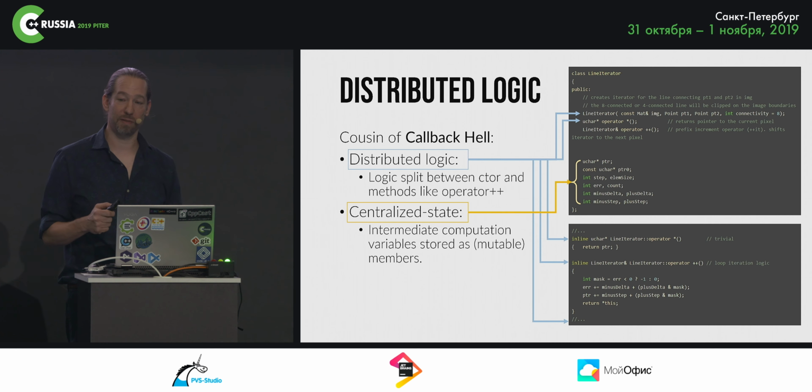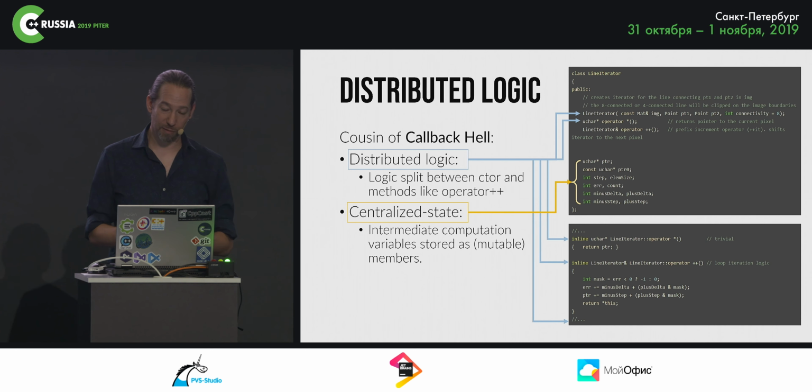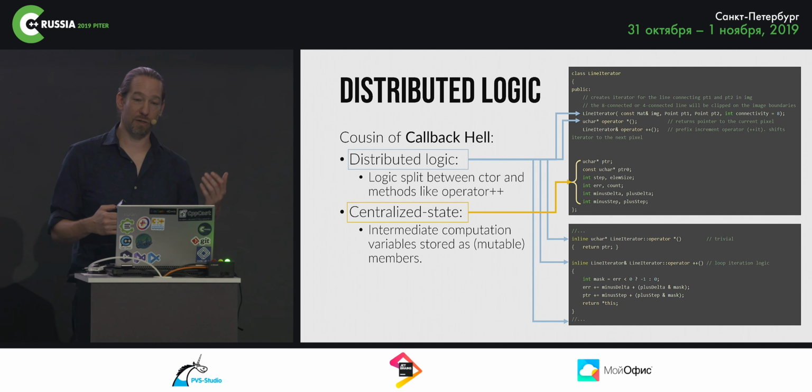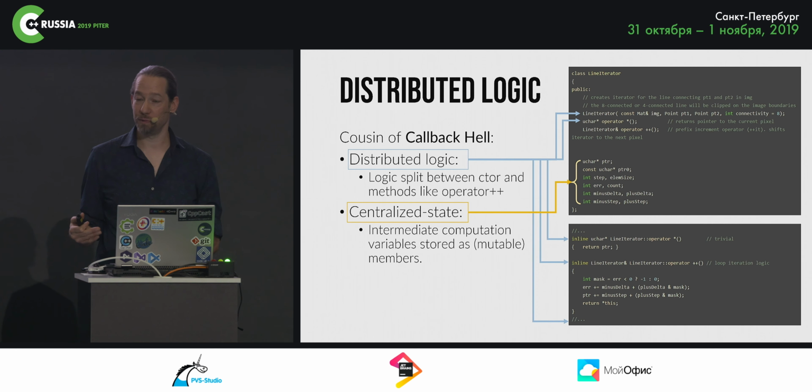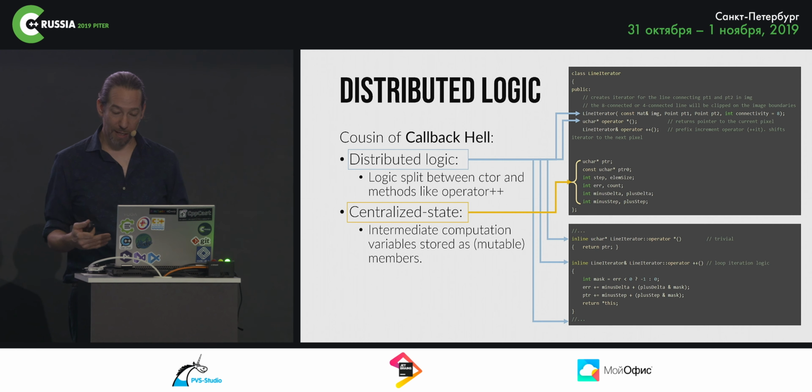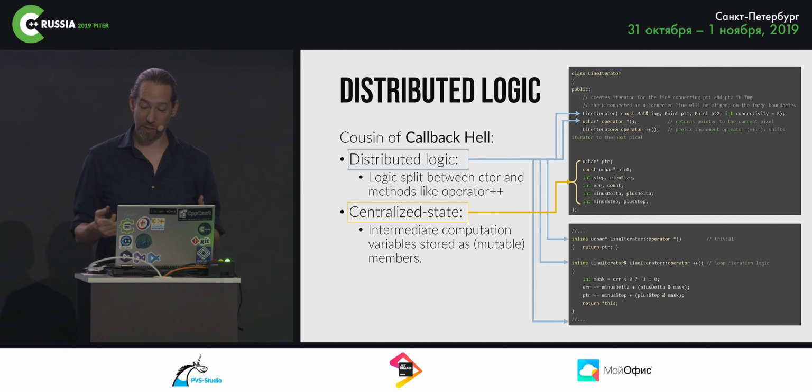among different methods. For example, in CV line iterator, I kind of narrowed down the example, so you don't see the implementation of the constructor, but a lot of the initialization goes into the constructor, and then the user is going to write some kind of loop and call the increment operator and the dereference operator, and then in these methods, we're going to have additional logic. So while the loop iteration is externalized, a lot of the intermediate computation is